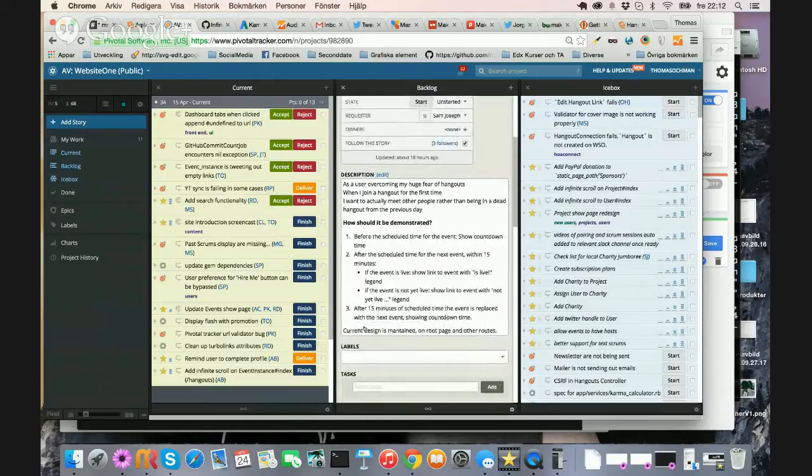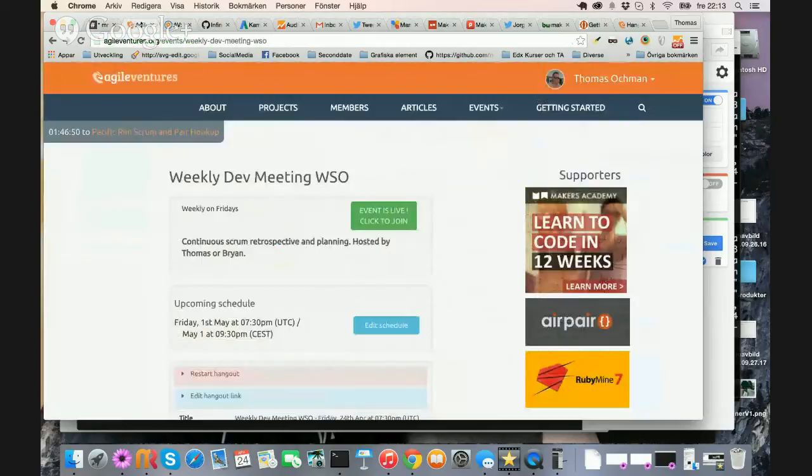And someone says here it is saying it's live, but this event is not live because this message appears when the scheduled time came, not when it's live.